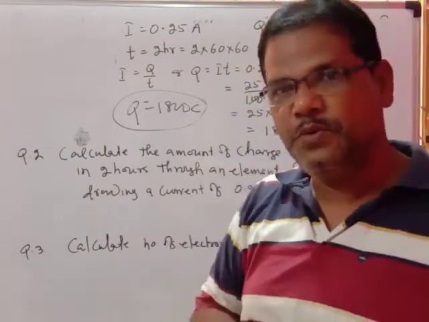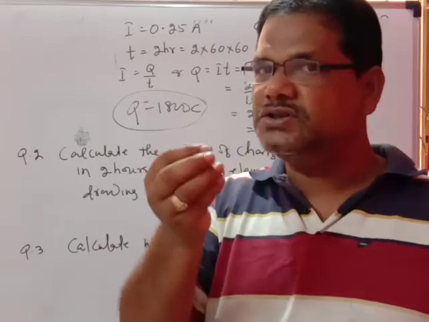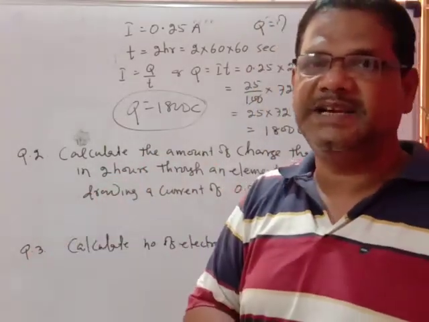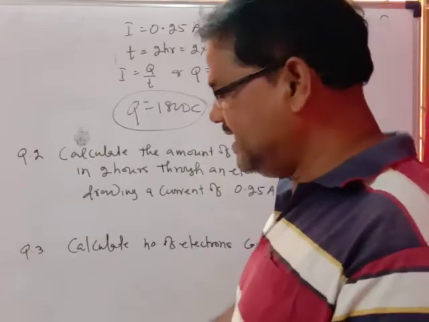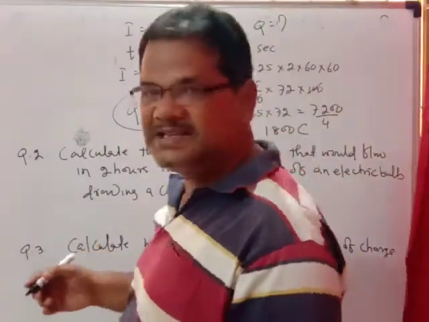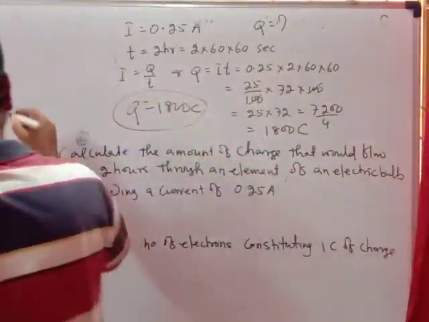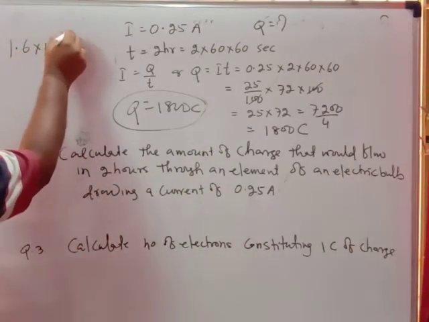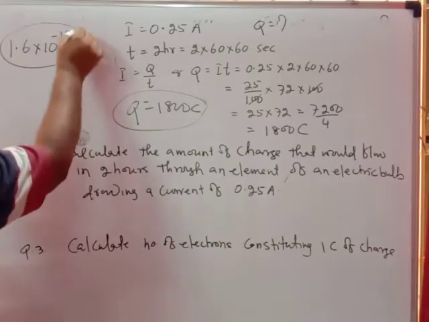So in that manner we can take the electrons one by one, and accordingly how much amount of object is getting charged can be calculated easily. One thing is, what is the charge of the electron? The charge of the electron is 1.6 into 10 to the power minus 19 coulomb. This is the charge of the electron.